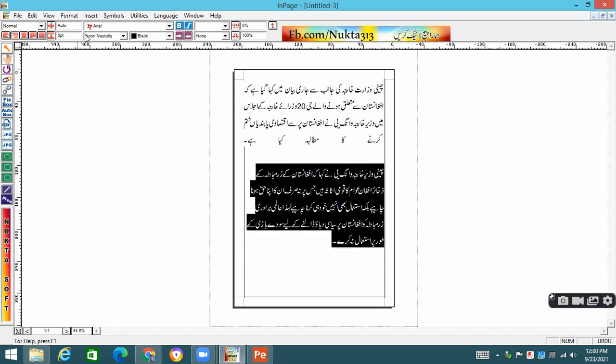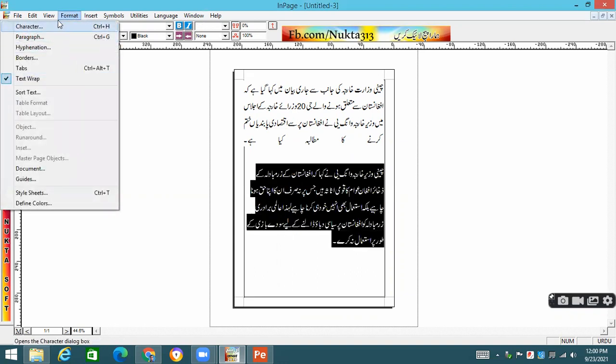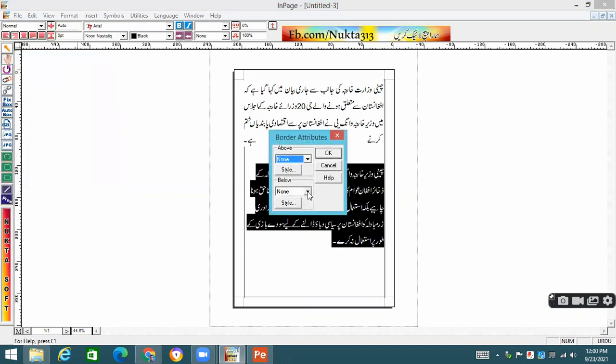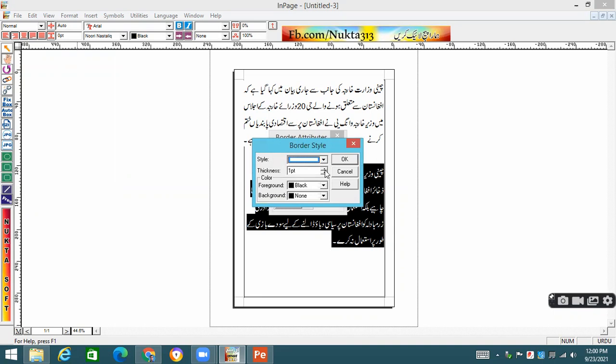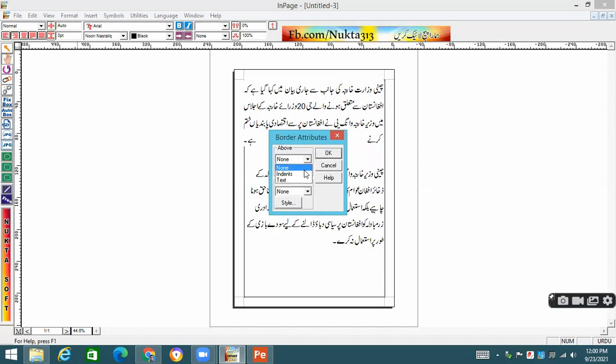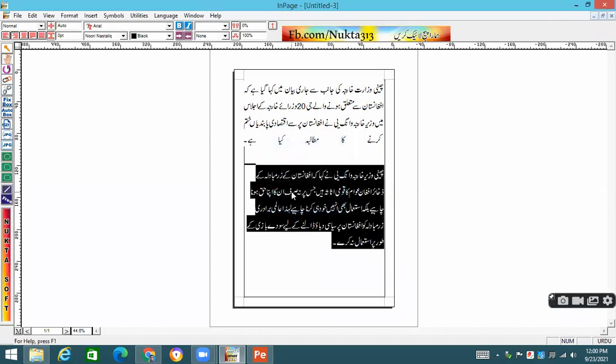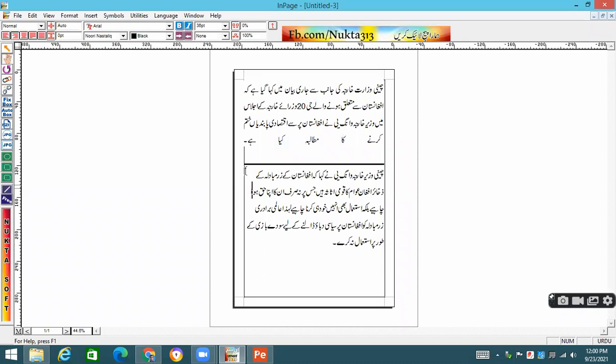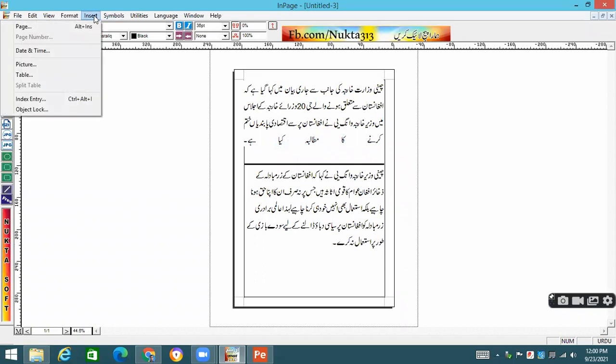Select some text, go to format, borders. Okay, you will see that such kinds of borders are there that we can apply. But you know that Urdu in page has some limited options.